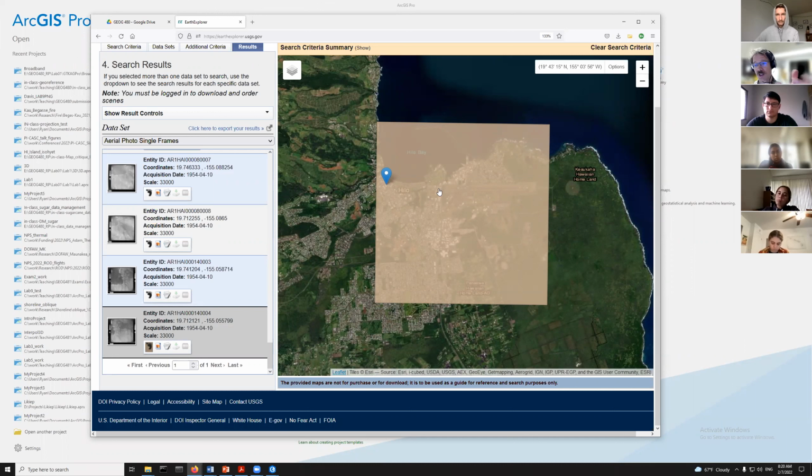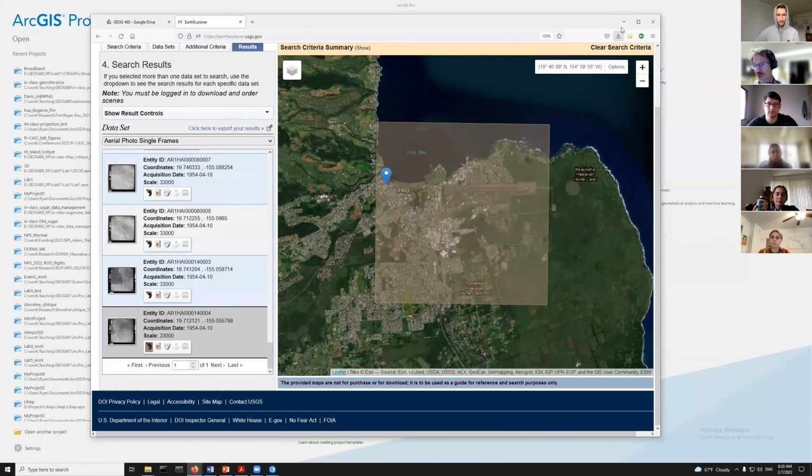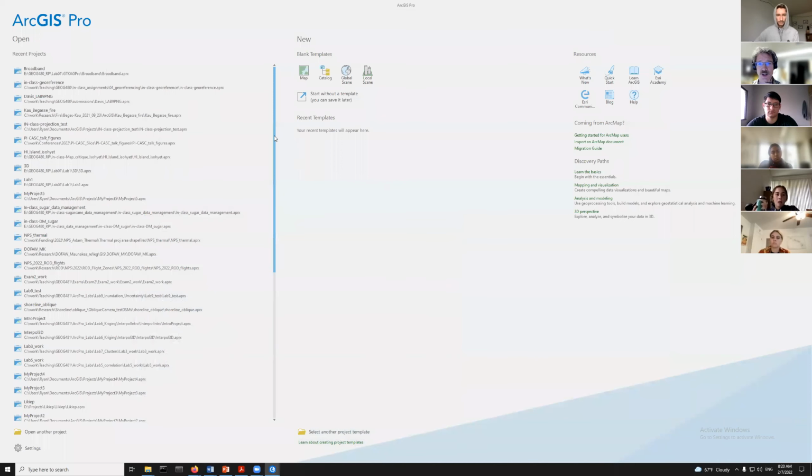another image. The 1960s image that I have doesn't have any georeferencing information whatsoever. I've got another image, I think it's from 1983 or something, and it does have georeferencing information. And that's one of the key things here. You need to have an image or some kind of... so I'm going to open up a new ArcPro project